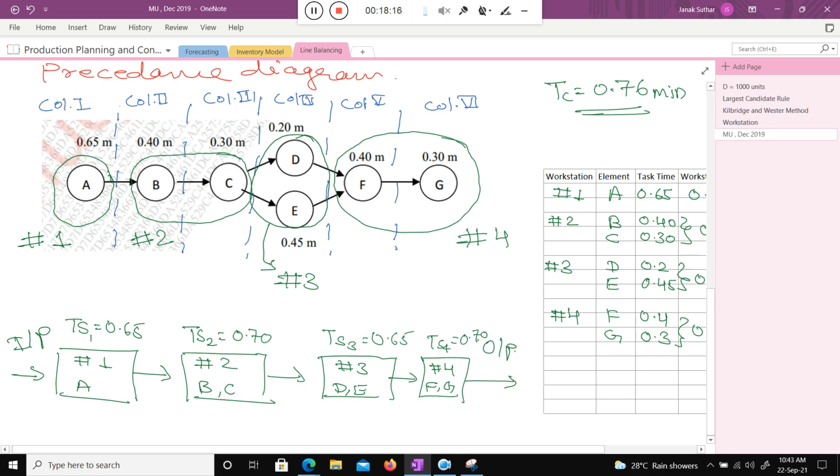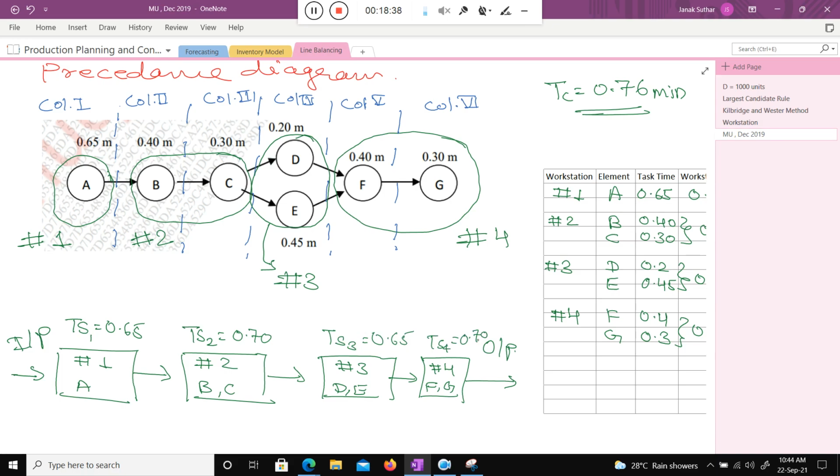But class, can you tell me what the actual cycle time is? What is the actual cycle time after allocating all of this into the workstations?